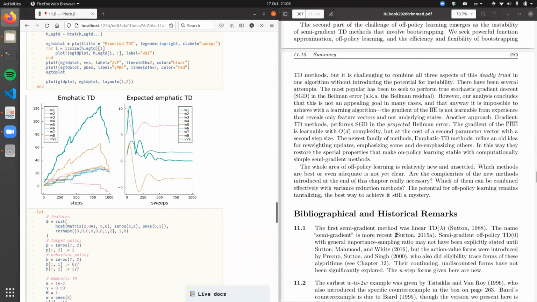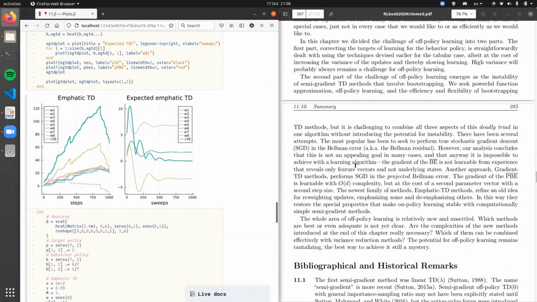So I believe function approximation is definitely used there, and I think that off-policy learning is an important part of many learning frameworks, and bootstrapping helps a lot to speed up training. So it would be interesting to see